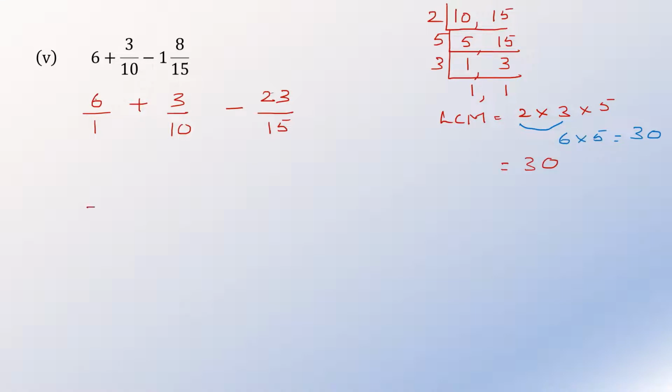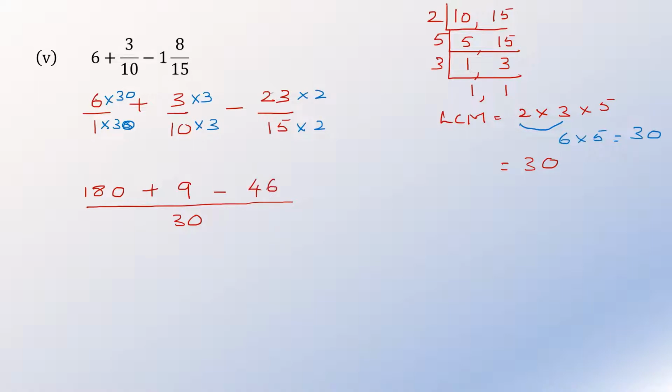So let's use this as the common denominator. 30. Let's start. 1 into 30 is 30. So that's 30 there. So 6 into 30. 6 3's are 18. We have to just put 1 0 with it. 6 into 30 plus 10 3's are 30. So 3 3s are 9. Minus 15 2s are 30. So 23 2s are